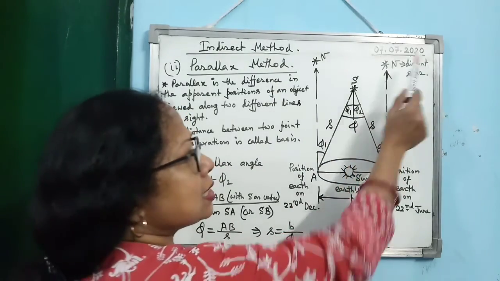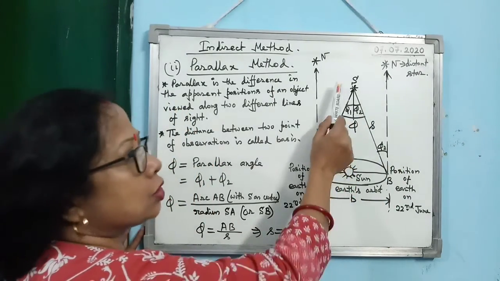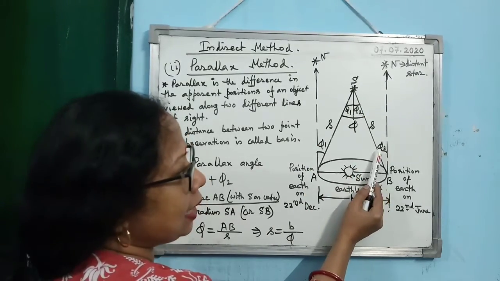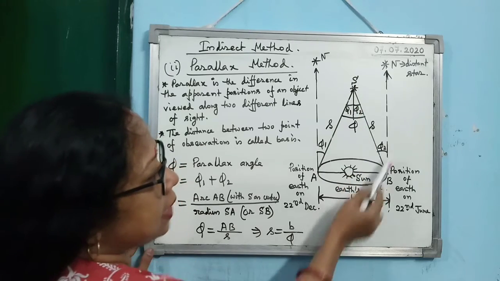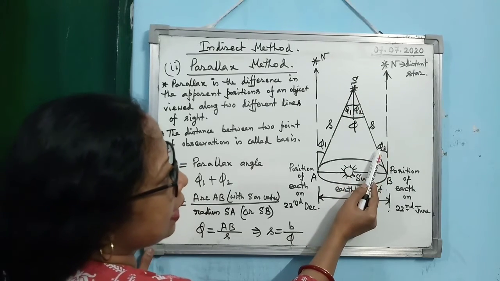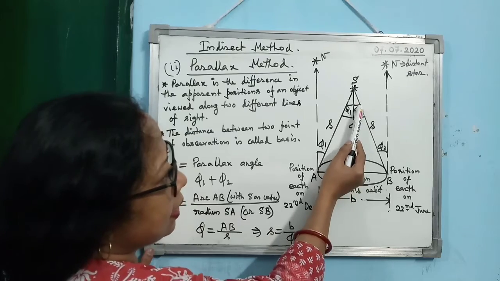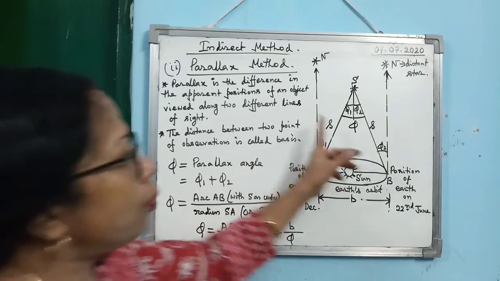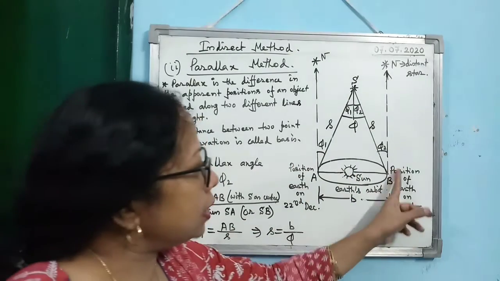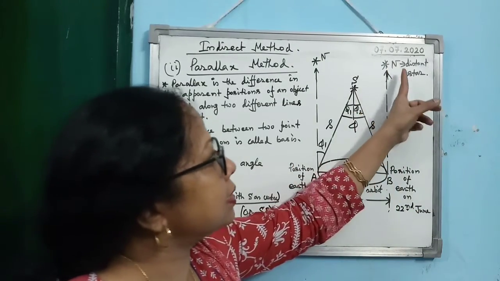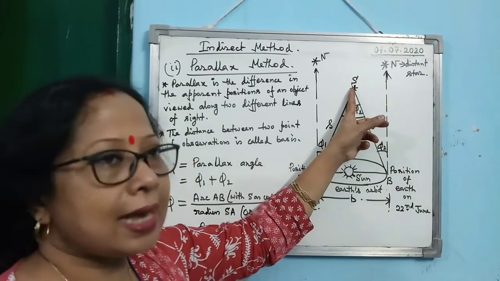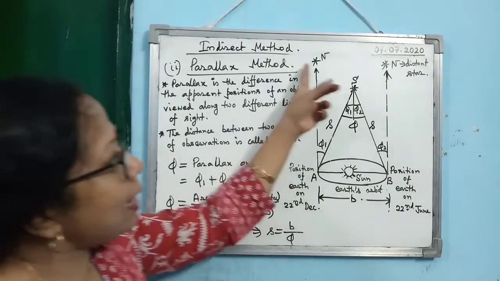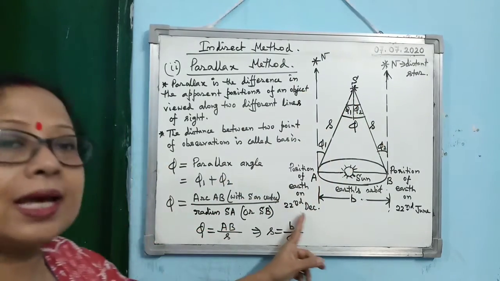One is very distant and one is much closer to us. Then you measure this angle. It is the angle of sight. From this diagram it is clear: if this angle is phi 2, then if I draw a line here, this angle will also be phi 2 because these two are alternate angles. Now you have focused the distant star N and the nearest star S on 22nd June. Then you focus the same two stars on 22nd December.